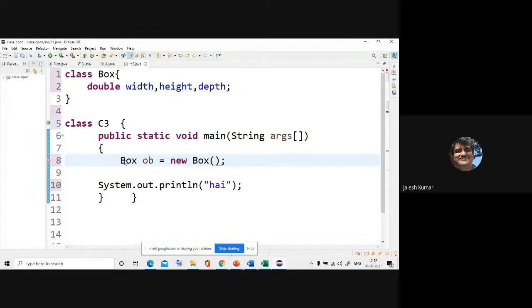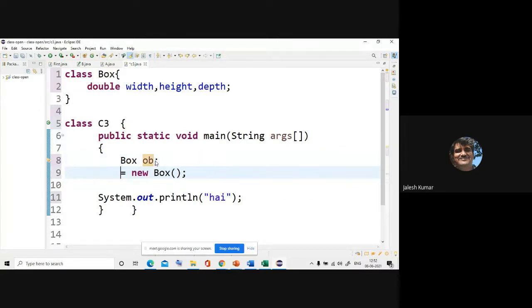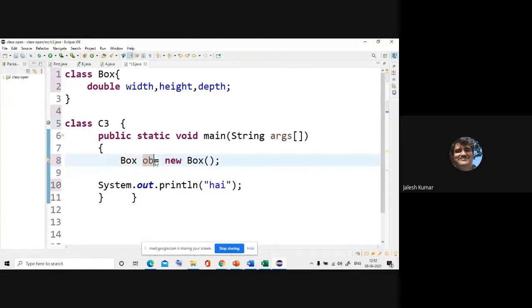See how to declare? To give a name to that, and just in two lines what earlier I written, I'll make it like this. Instead of writing like this, together you can write. It will not make any difference. Instead of writing like this, you can directly write like this. Now, box ob is equal to new box.